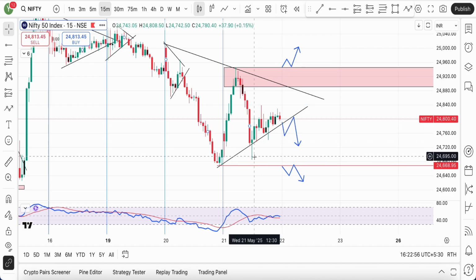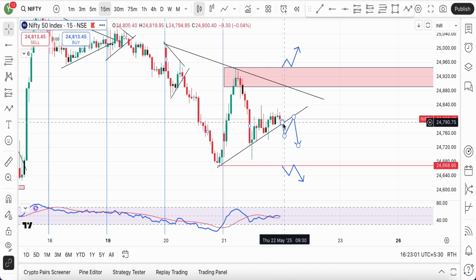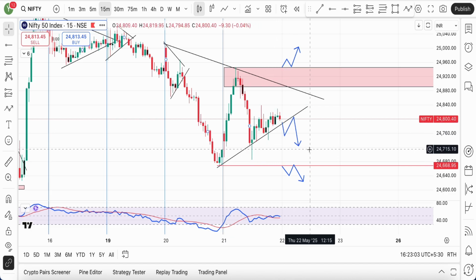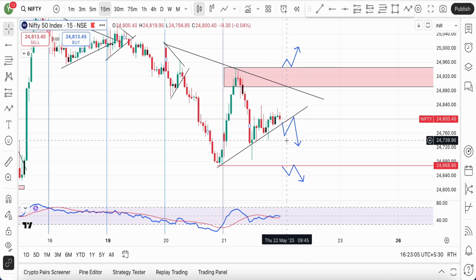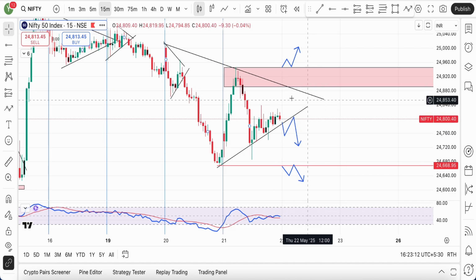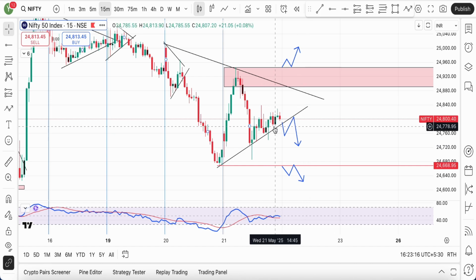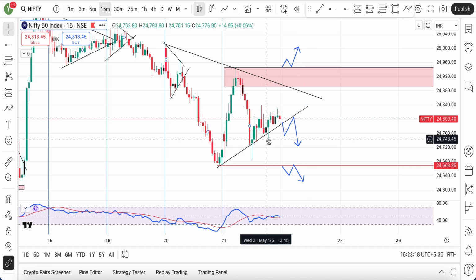See, prices did go below this particular trend line, but did not give a closing. So we want a closing below this trend line, then the pullback, and then once that low is taken out, that is the place where we will plan a short trade. And once we plan a short trade around these levels, please make sure to take your SLs very quickly, just like I did in today's trade that I explained around these levels, right?